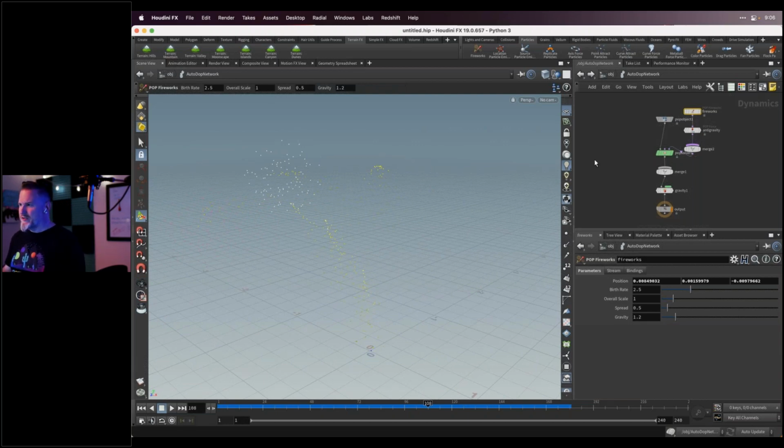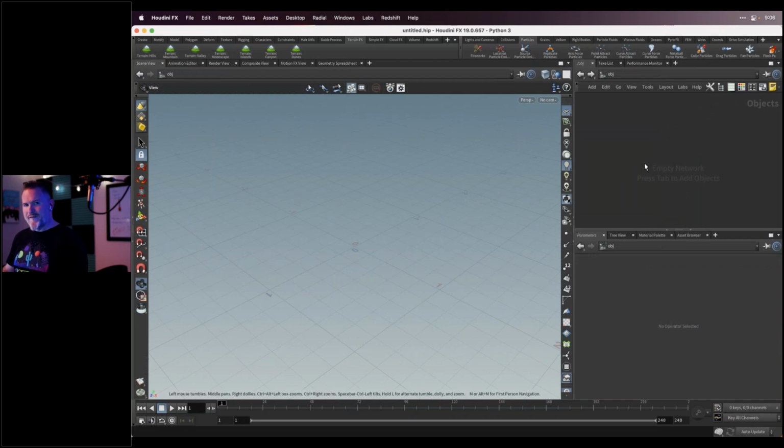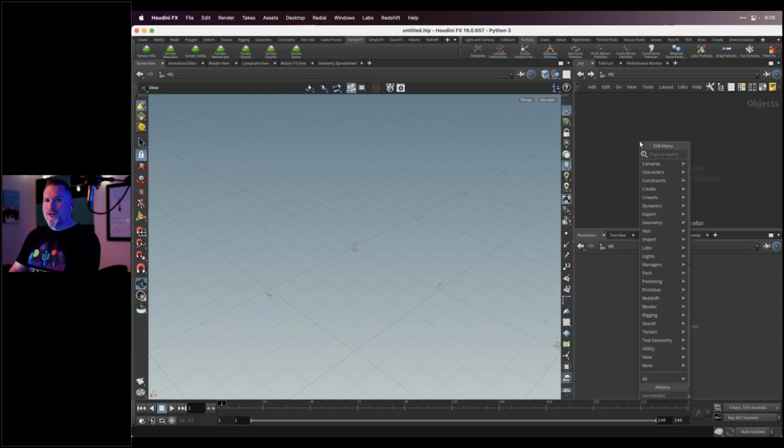So let me go ahead and create a new document, throw that away, start from scratch. One of the first things you'll want to do when you're in Houdini is go to this network view panel, and you press tab to create a new node. This is one of the things that intimidates a lot of new users about Houdini, that we don't typically just work in the viewport like we do in other DCC apps. We work with nodes. A lot of people are intimidated by that, but actually, Houdini is a very intimidating app, but that's not the most intimidating aspect of Houdini, as we'll see. You get used to the nodes pretty quick. It's pretty flexible and pretty great.